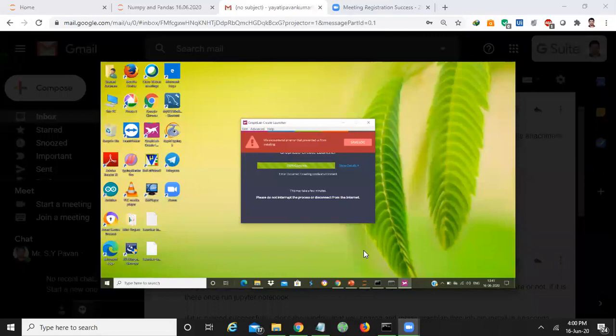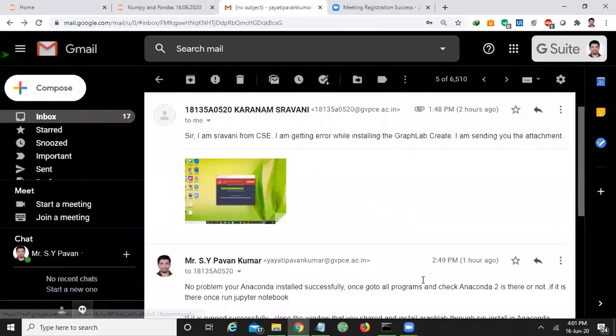No worries. What you have to do is go to start and in all programs check whether Anaconda 2 is there or not. If you find Anaconda 2, run the Jupyter notebook. If the Jupyter notebook also runs successfully, then go to start again, click on all programs, go to Anaconda 2 and open Python prompt.